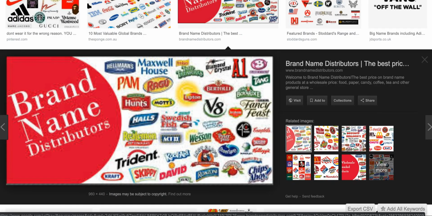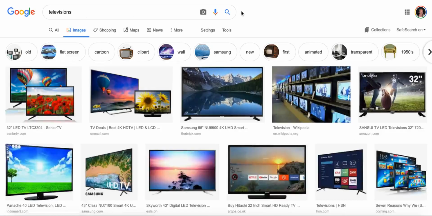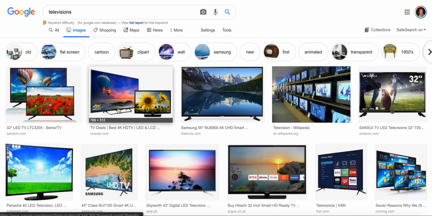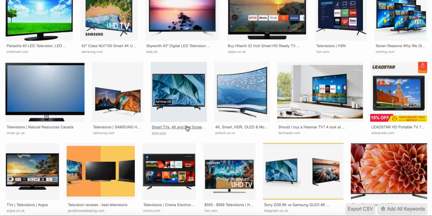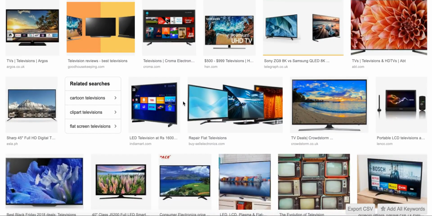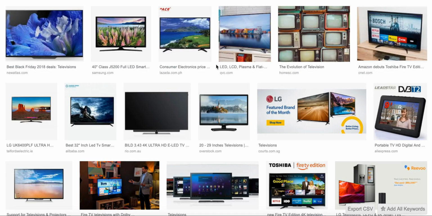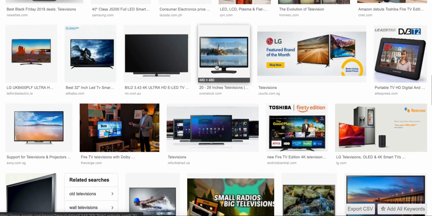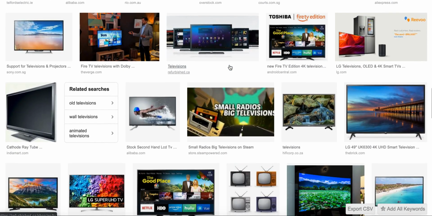Okay, so don't get into something like televisions, for instance. I'll show you an example of a category with lots of name brands. With televisions you have Samsung, Sony, and so on. People are going to buy a TV, and they're probably going to buy one of those name brands, right? And if they buy a generic, most likely the generic is going to come straight from China. Most of the big box stores are going to sell these name brands. It's also a very fragile product. I wouldn't try to dropship big screen TVs. It's just not a great idea.